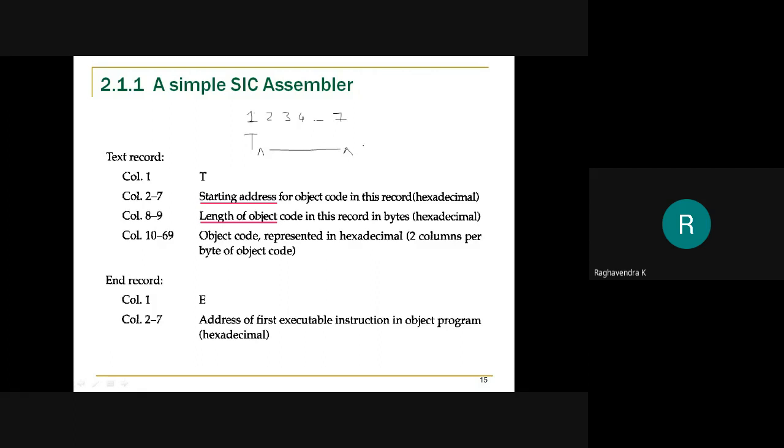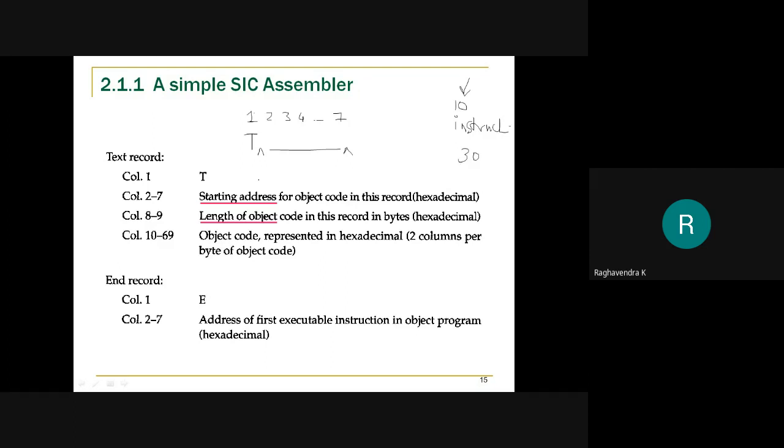If you look into it, one text record can contain around 10 converted instructions. Remember this. If your program has around 30 instructions, how many text records do I need?